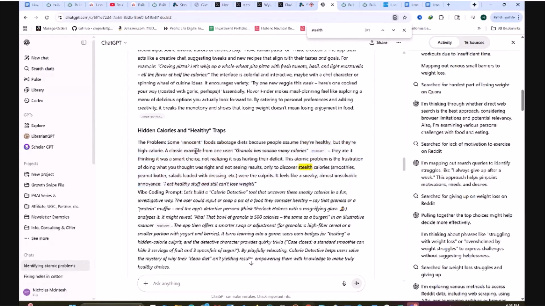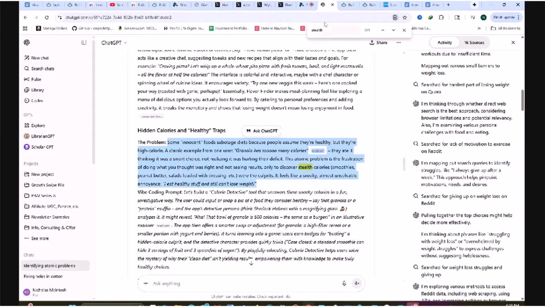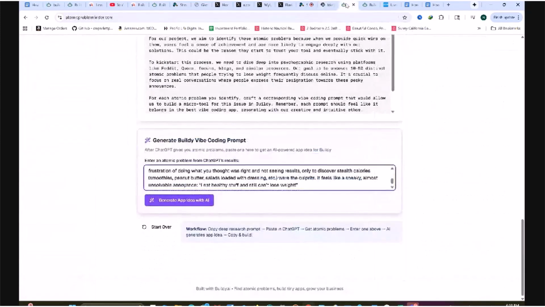Yeah. So here's the next step. We have our problem. This is one of our atomic problems. This is the one I'm choosing. It's the stealth calorie problem. So what I'm going to do is go back to our app. This is where you paste it. You paste it here. What it's going to do is, based on Bill's prompting strategies,